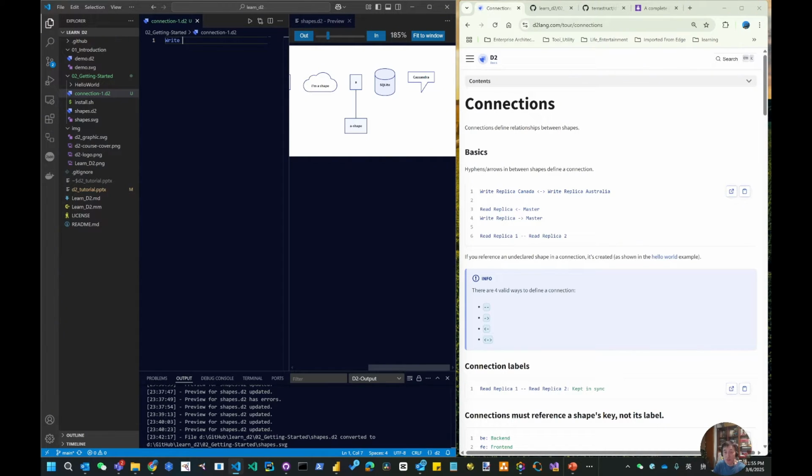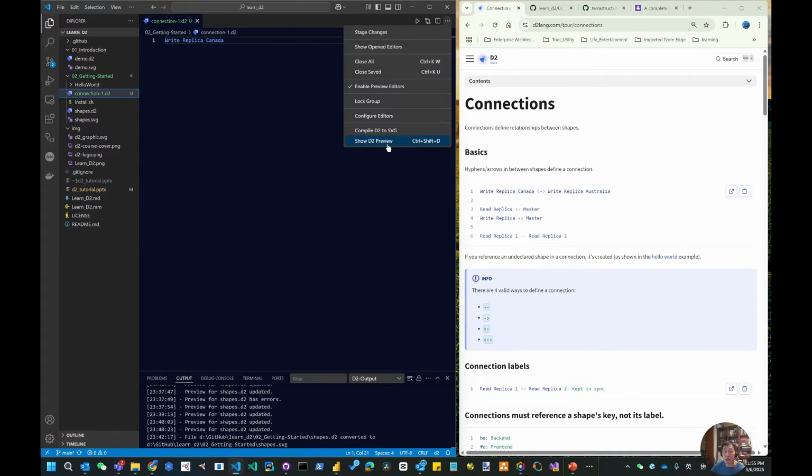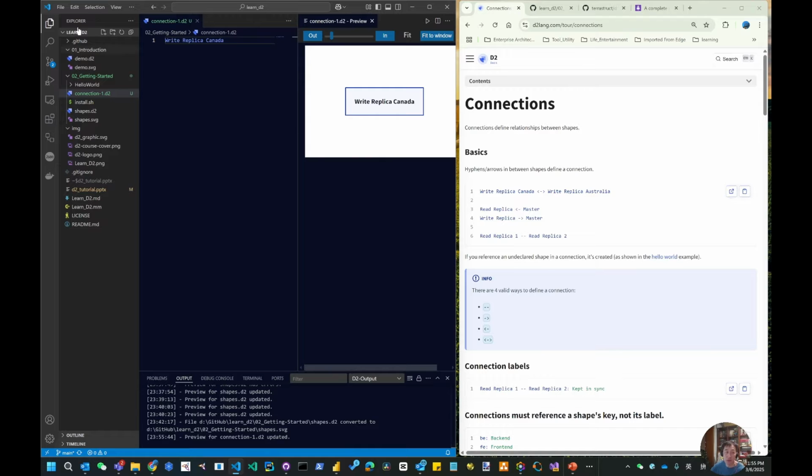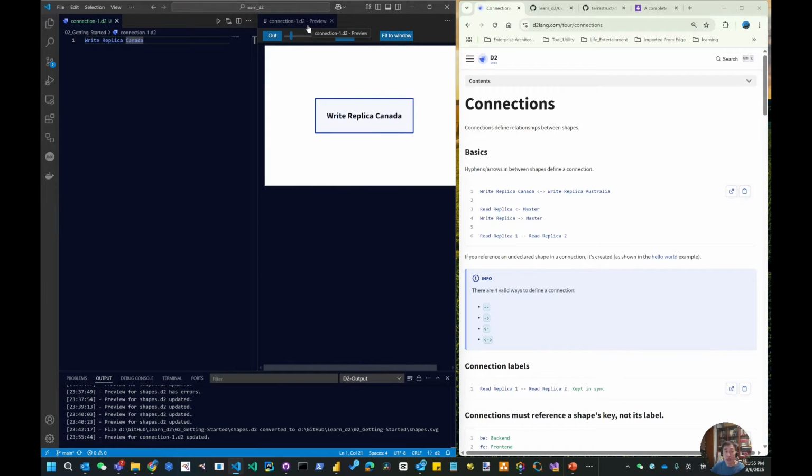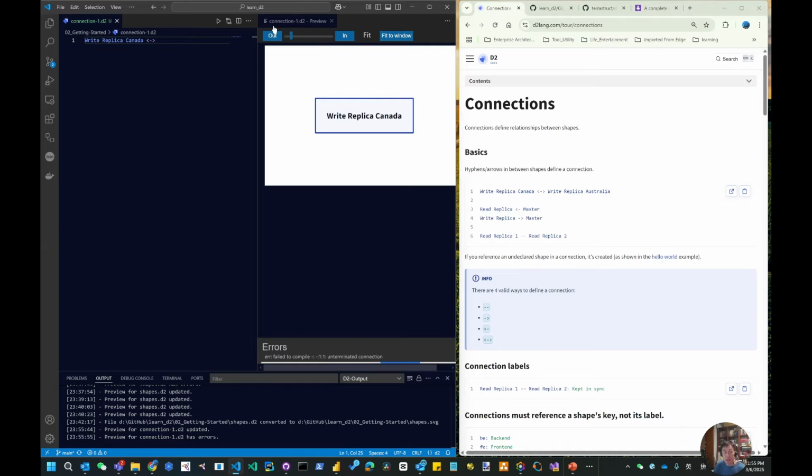So read replica Canada. When I do this, you can see the preview does not reflect here, because this preview is attached to shapes.d2. So you need to close this and open a new preview, so that you have it attached to this d2 file. That is one thing we need to pay attention to. So we can have left and right both, and read replica